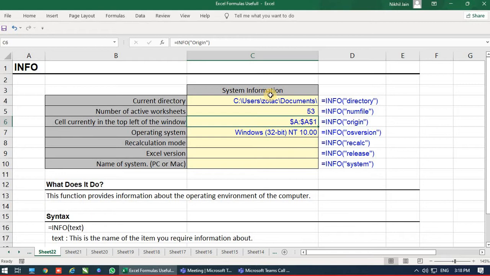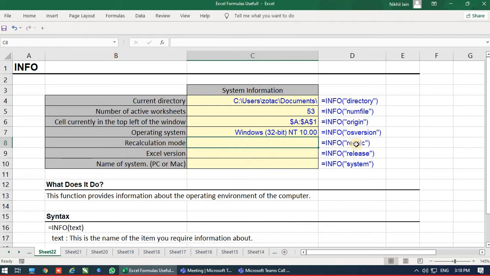So now again you will have a question: sir, what is the importance of this formula? The origin formula shows us from where the calculation has begun. We can change the A1 from the settings. That particular setting I will show in the next lecture. So yes, Excel gives us the permission to change the calculation format. A1 is the start, but if I don't want A1 to be calculated in the formula, we can change that.